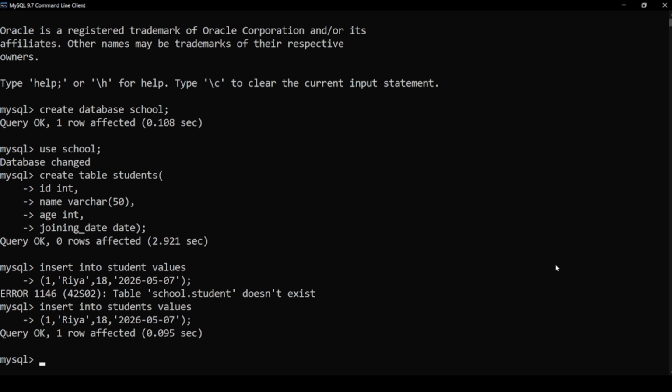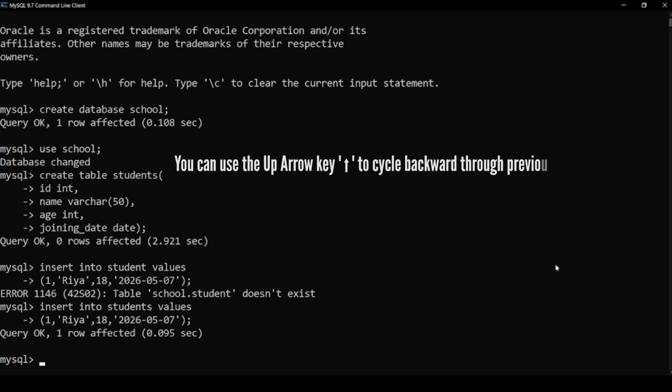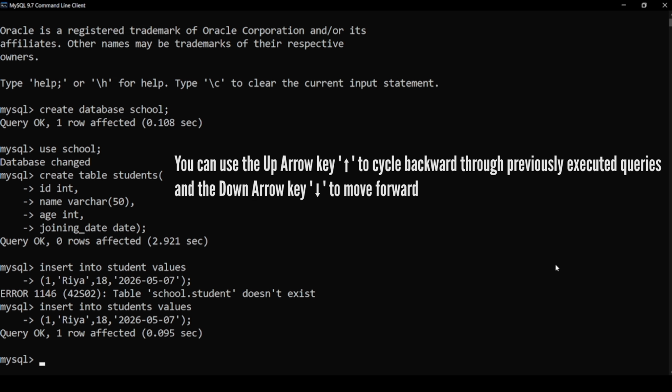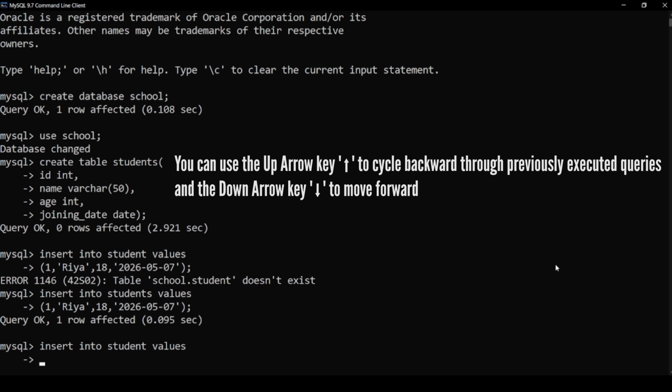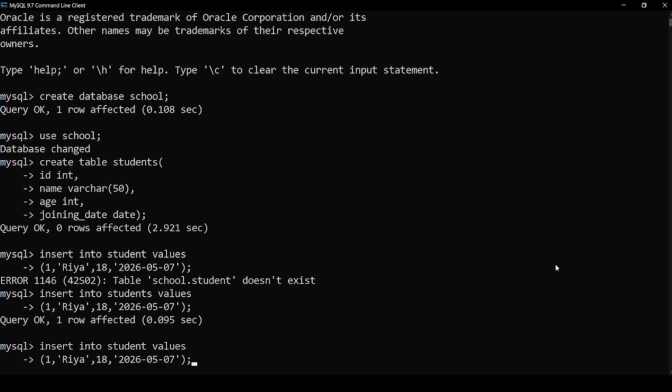Now let's insert one more record. So I'll write insert into students values, and mention the ID, the name Rahul, age, I'll mention as 20.